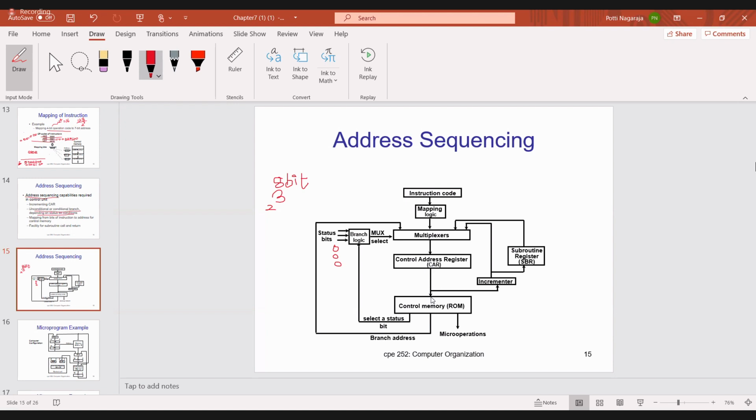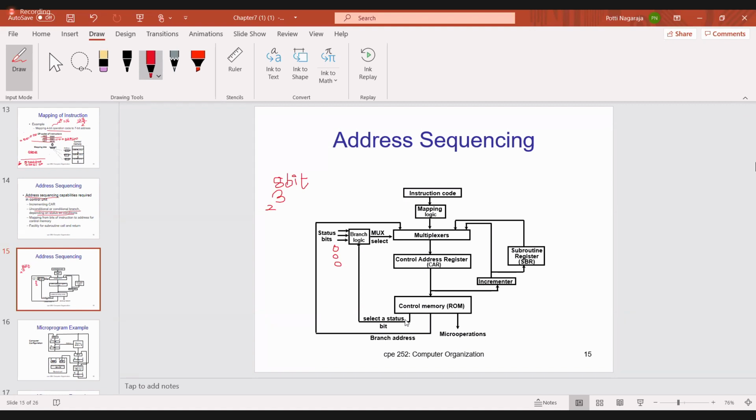Whatever address is present in the control address register, the corresponding control word in the control memory is given as output. Control memory output is nothing but the control word. By using that control word, we can initiate a sequence of micro operations.